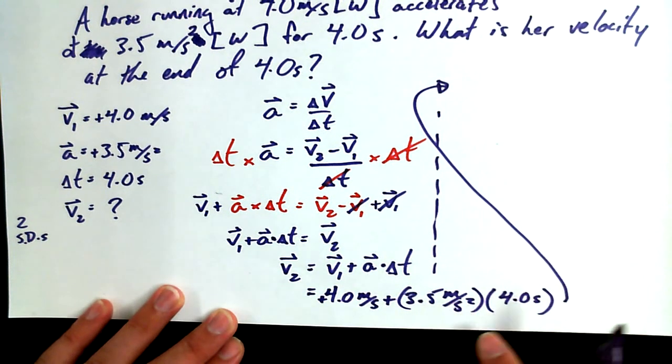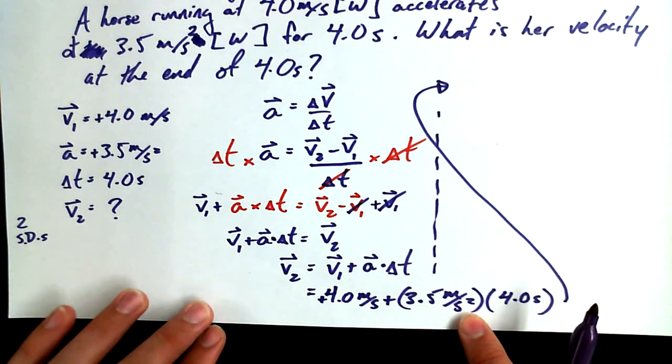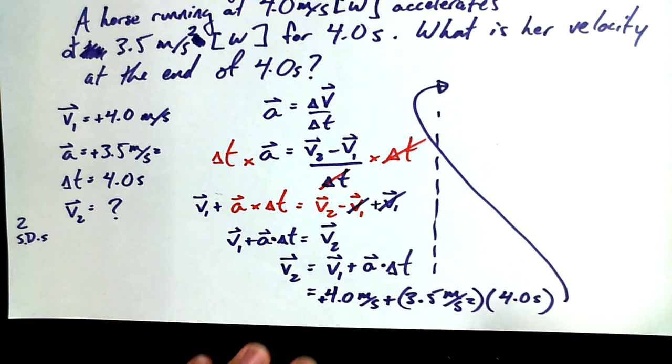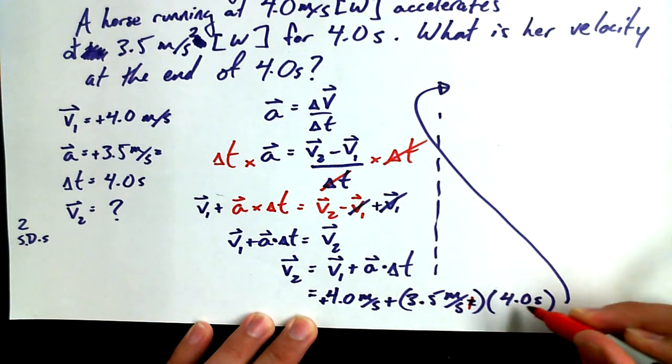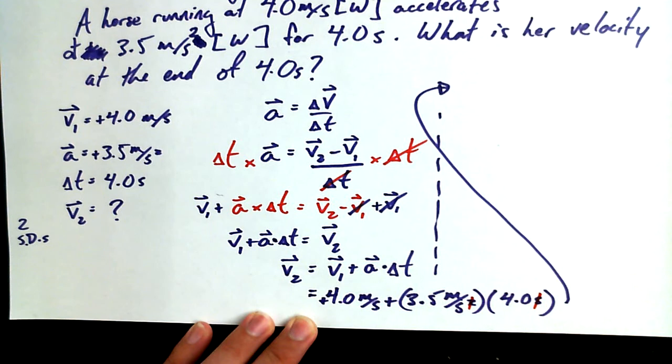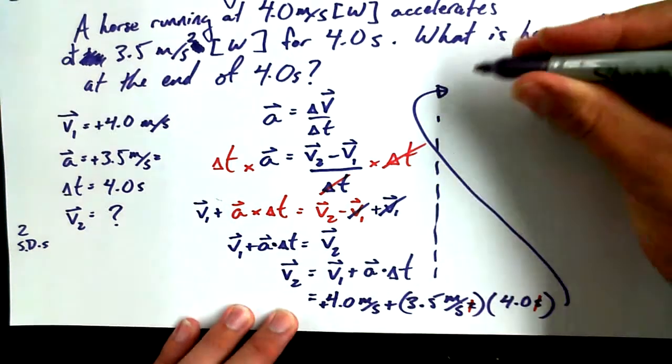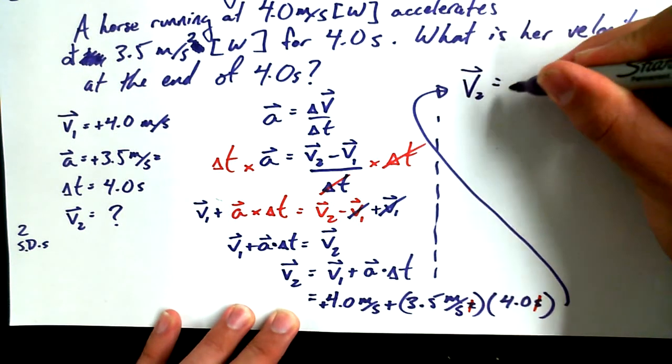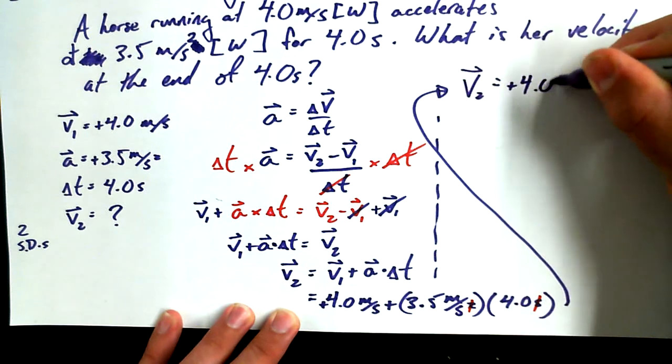The meters per second squared times seconds, though. Let's think about the units. What happens to that second squared, units-wise? Can you see that this second here and this second squared is going to cancel out the squared? So we're going to end up getting 7.0 plus 4 meters per second. So up here I say V2 equals positive 4.0 meters per second